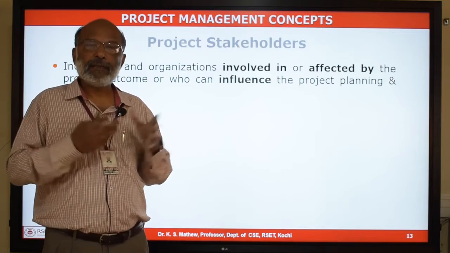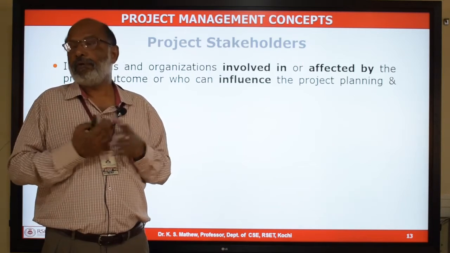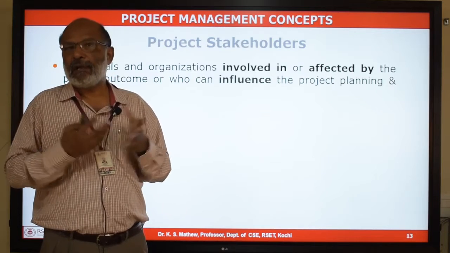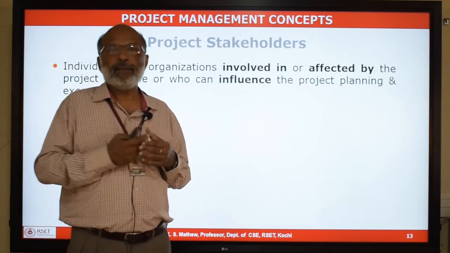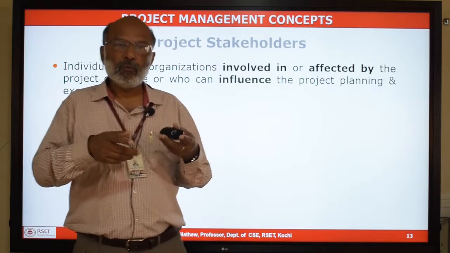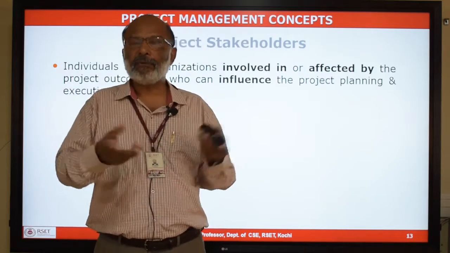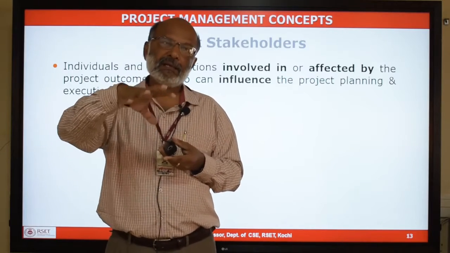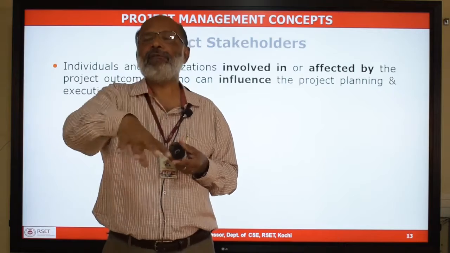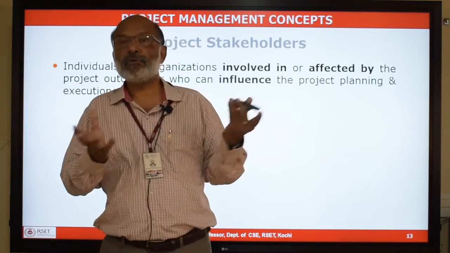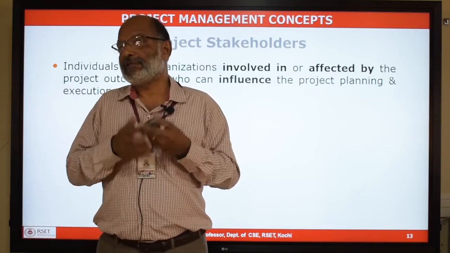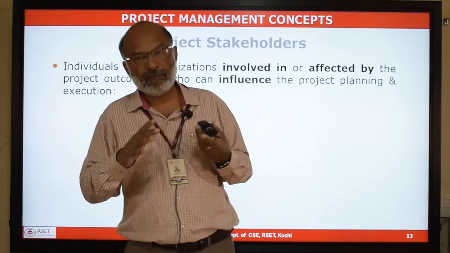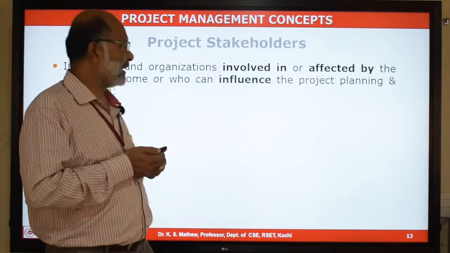For example, if you look at a public project, there are a lot of people or citizens, for example, a smart city project or a metro rail project. If you look at it, there are a lot of people who need to vacate their land, give their land to the project and leave that place. So, those people are the ones who get affected negatively because of the project. They are also the stakeholders of the project. So, the second category of stakeholders are the people or organizations who get affected positively or negatively.